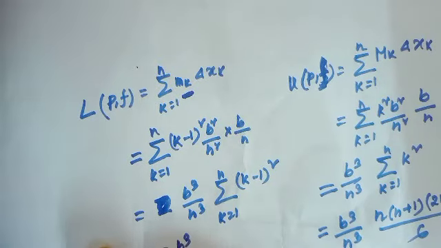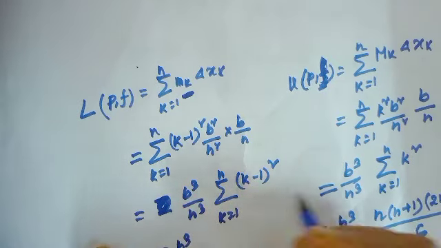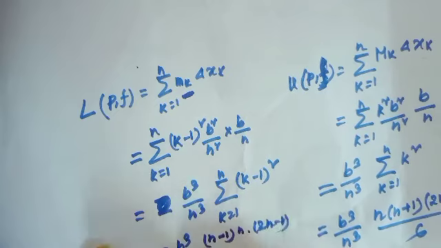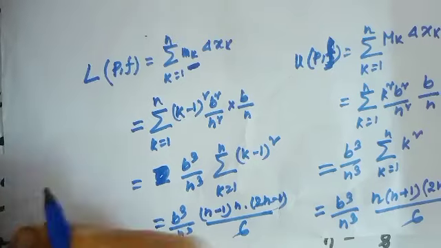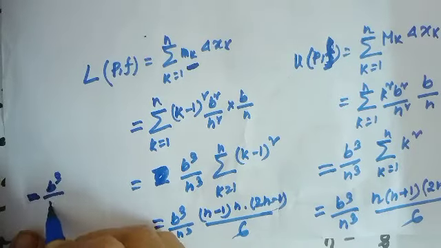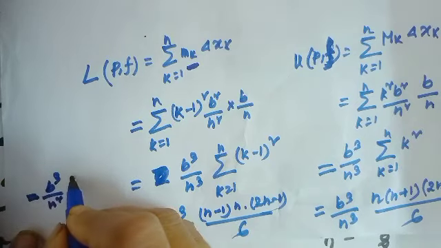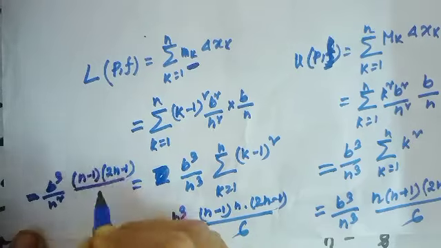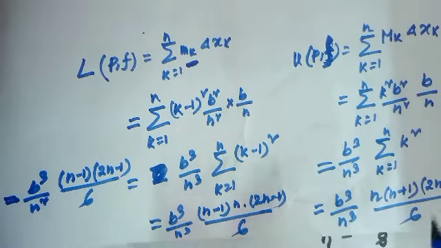This value would be b cube over n cube. Since here it is k minus 1, this sum would be (n minus 1) times n times (2n minus 1) over 6. That means the value of LPF equals b cube over n square times (n minus 1) times (2n minus 1) over 6. Here I have found